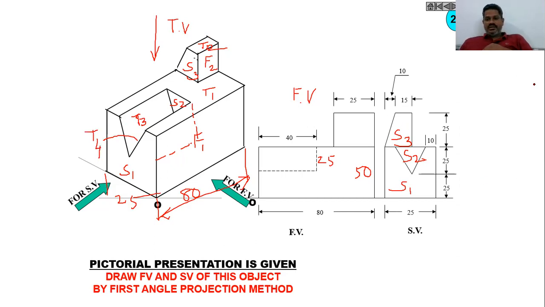Okay. Then let me draw the top view, and top view will come at the bottom because it is the first angle projection. I will draw a rectangle with the given dimensions 80 and 25. I'm drawing 80 and 25 like this, and we will have one block here, so that is 25 here, that is 25 here, and similarly we will have another 25 here, so 25, and finally we will have 25 here. This is 25 as you can see,